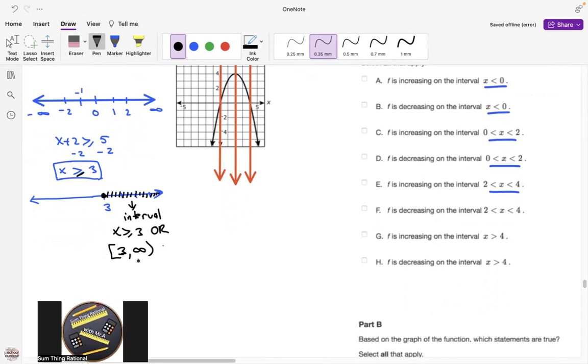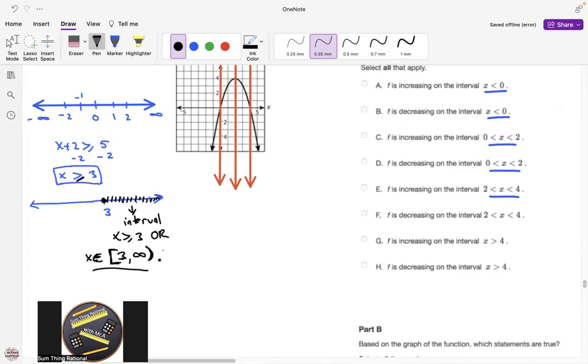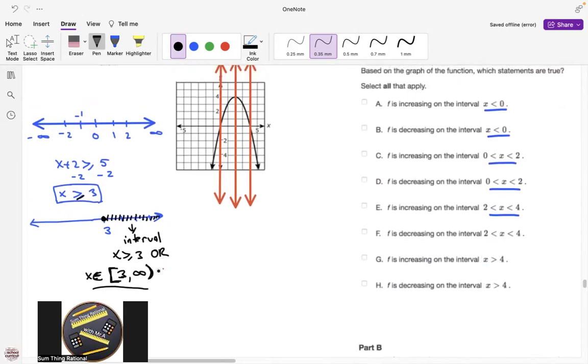Maybe this one is not studied in Algebra 1, but in the future, in further mathematics like Algebra 2 or pre-calculus, you can see this type of symbols, like open interval and closed interval symbols, and you even say x is an element of this interval. I don't want to confuse you a lot, but